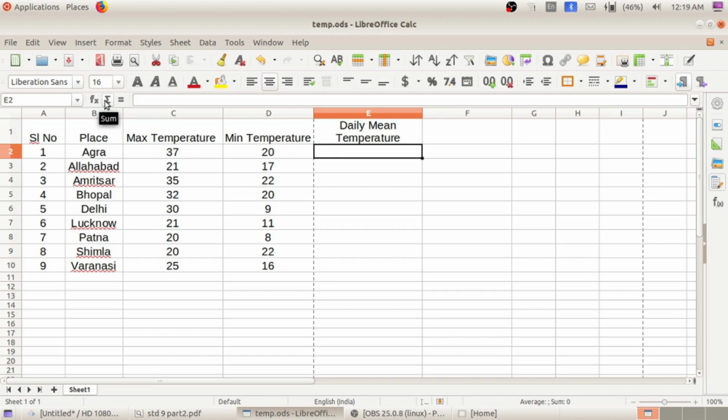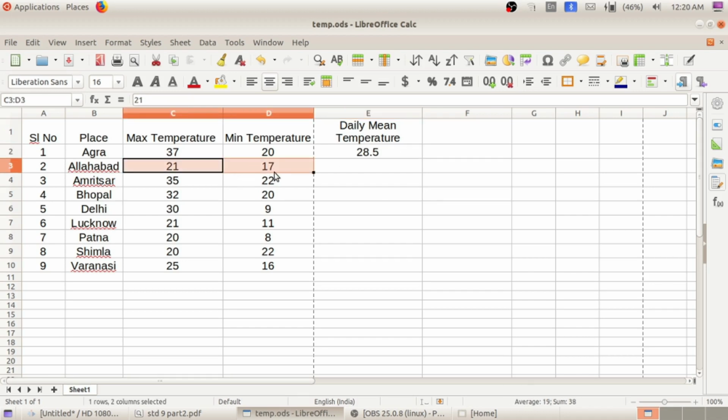For finding the sum, click on the sum icon. Here you can see equal to SUM in capital letters, then in opening and closing brackets the cell addresses C2, D2 are specified. Then one more operation, divided by 2. For finding the average, sum divided by 2, and press the enter key. So we will get the corresponding average.